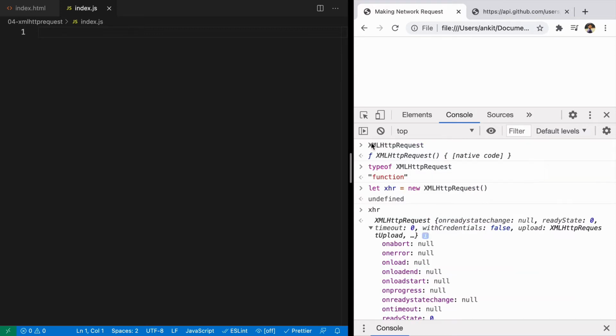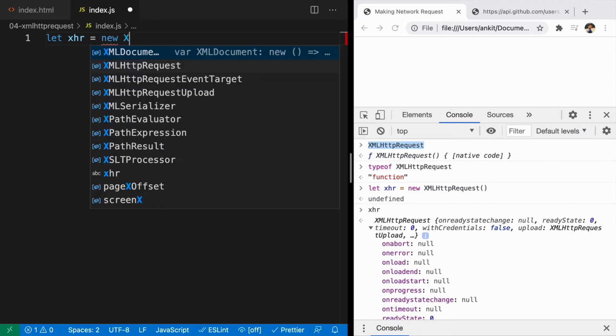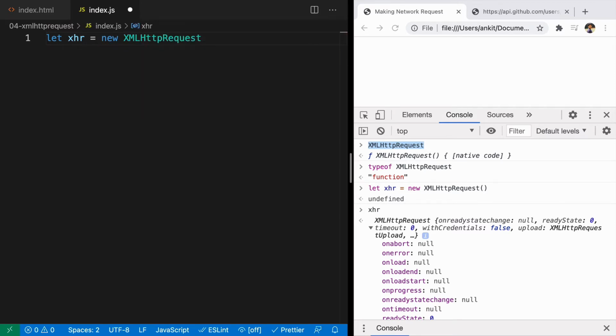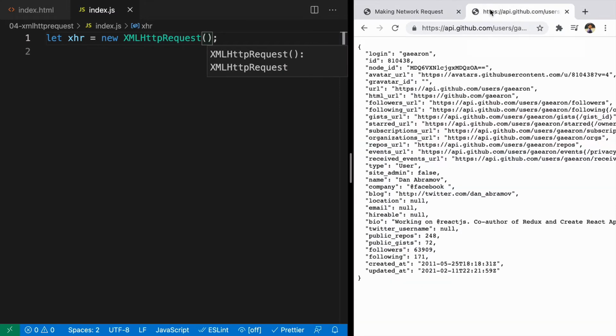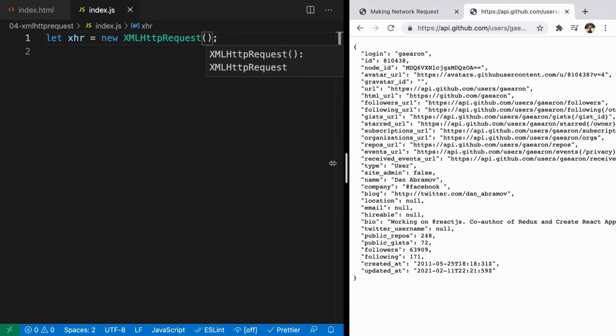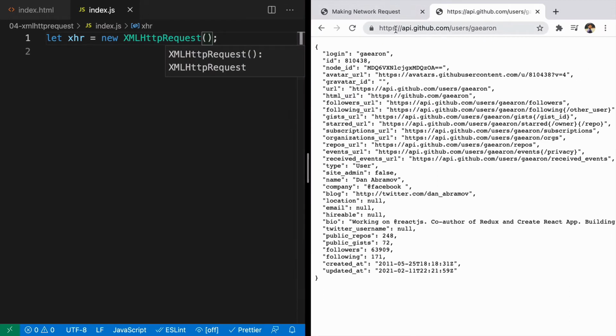We have understood that XMLHttpRequest is a web browser API provided by the browser, and we can use those APIs inside JavaScript to make network requests. So let's go ahead and do the same thing that we were doing here in our code now. We'll create a variable named xhr and we'll say new XMLHttpRequest. We know that it is going to return a new object. One thing is that whenever you're making any network request, you always make a request to a URL, something like this. If you look at this URL, you will see that it is a URL using which you can get some data from there.